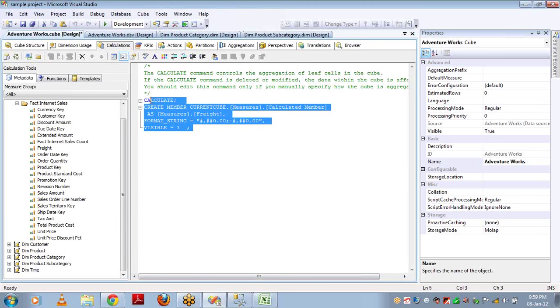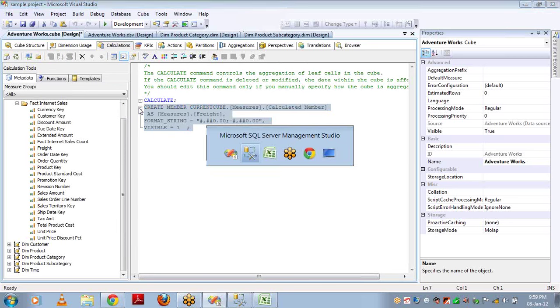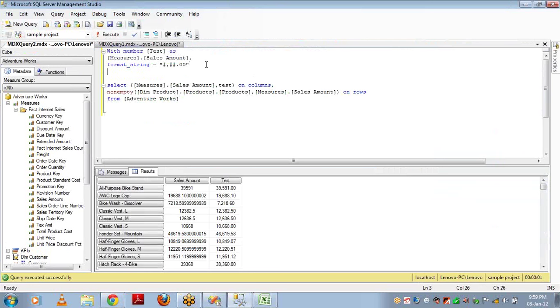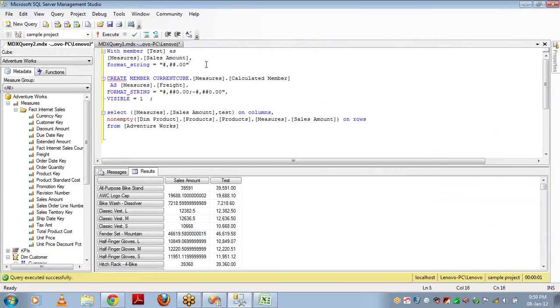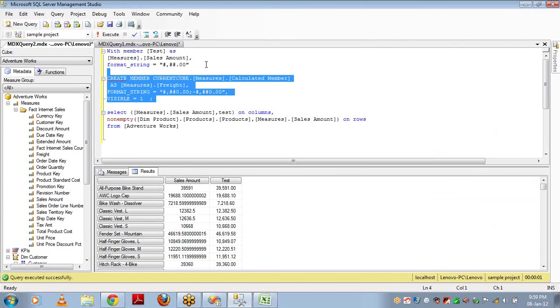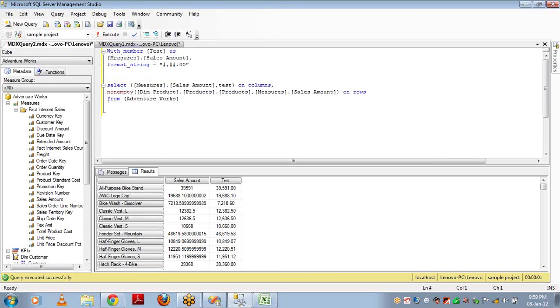So the same calculated measure you are creating in the query while running the query. Okay, this is one way of creating calculations, using the with statement, and there is one more way, that is using create.